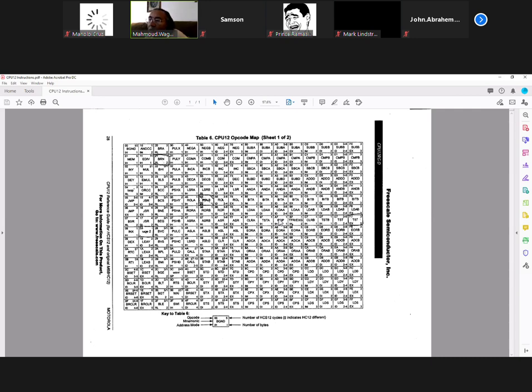So let me try to find the decrement, for example. So there are 2 possibilities here at the top right corner and the lower right corner also. There are 2 possibilities, which means the instruction, for example,